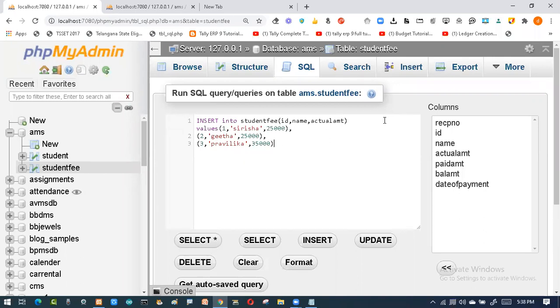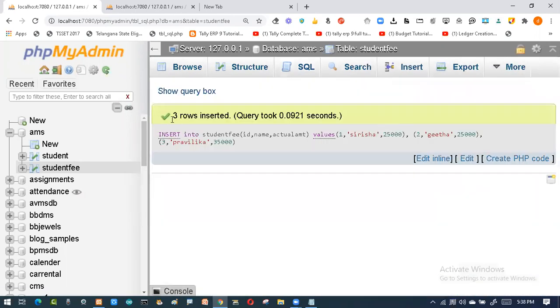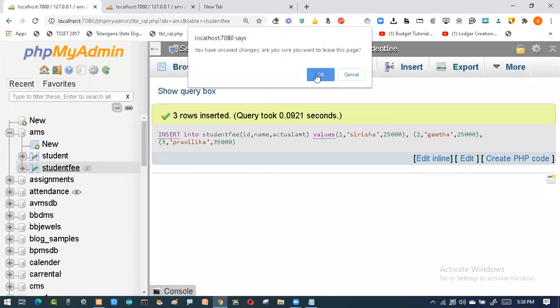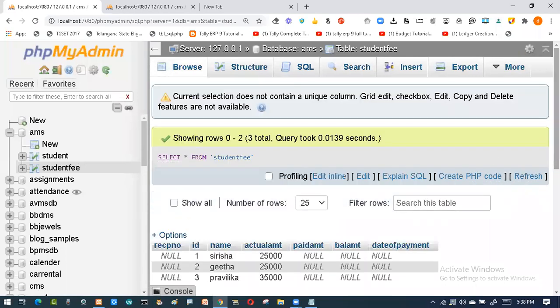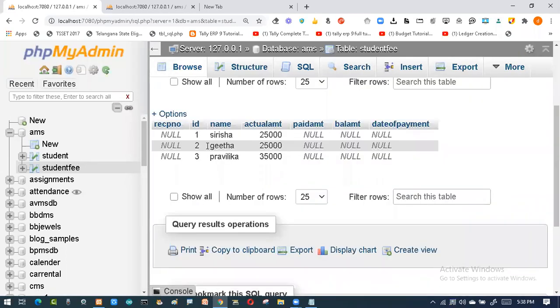Yesterday I showed different kinds of records, so I am using bulk. So the scenario is like this. I want to enter 3 records at a time. I enter it. Now it should accept this. So it has been accepted successfully, 3 records. When I go and check it, it should show me the 3 records. See, now you can see 3 records have been added.